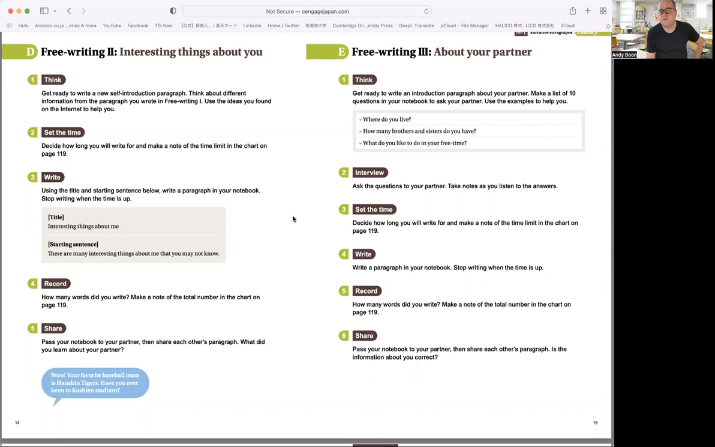Okay, so in the final free write activity, students are going to write about a partner. Before they do that, they think about 10 questions that they may want to ask a partner. You can put them in pairs in the classroom, or once again, pair breakout rooms. They interview one another, they take notes as they listen,